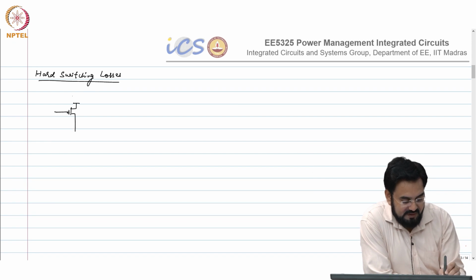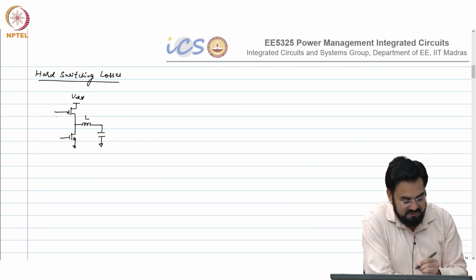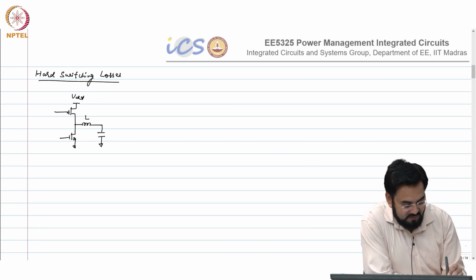So, this is your P FET and this is your N FET, and this is mostly associated with the high side FET or PMOS. NMOS will also have some hard switching losses, but that will be much less compared to PMOS. So, the dominant will be the PMOS. So, if this is PWM,